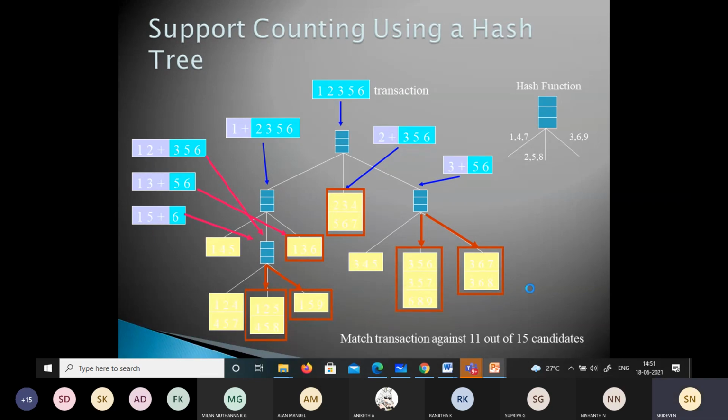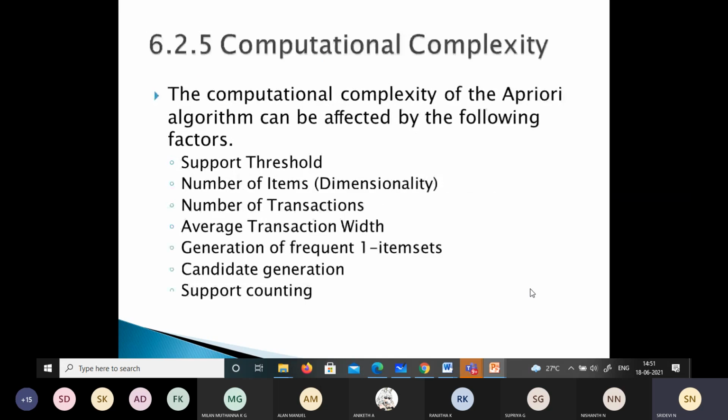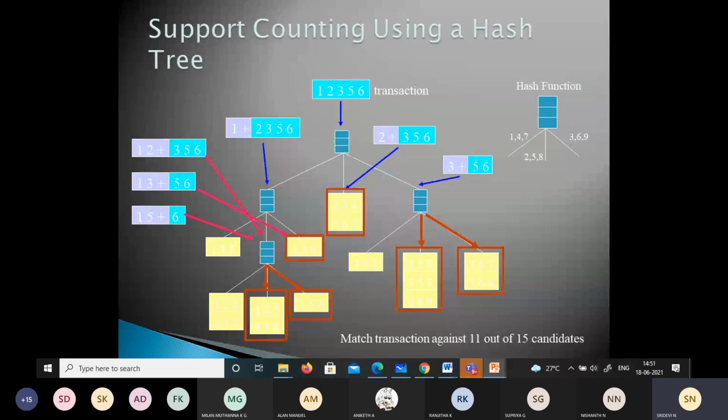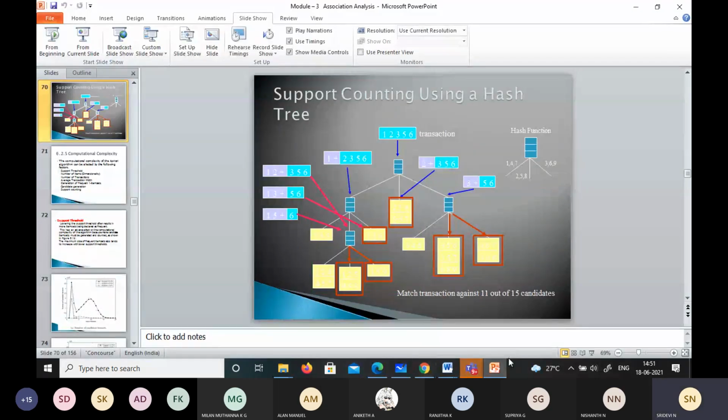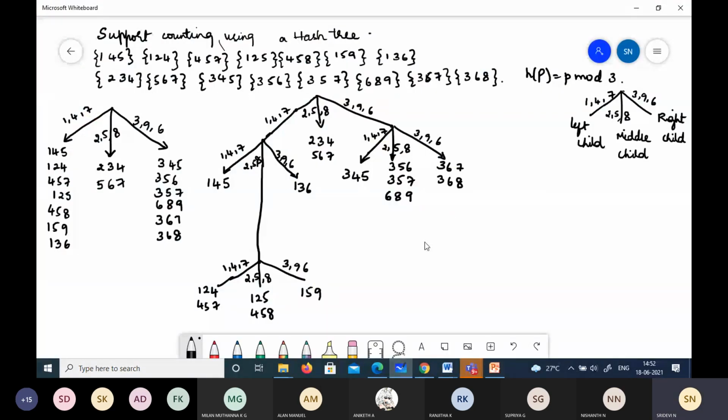Okay, so this is support counting using a hash tree, and you can just construct one more for your practice, or else we'll just, as you do it later, I'll just give